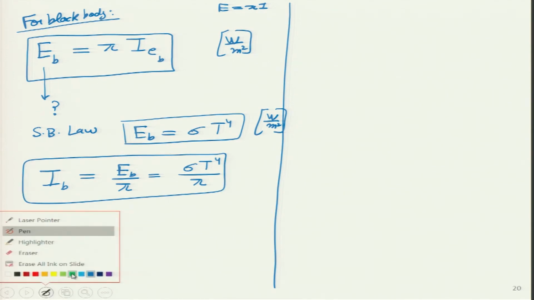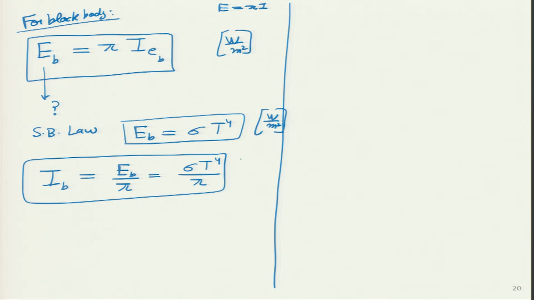Isn't it beautiful? And now I can write the expression for the units as well. What will be the units here? It was emissive power and the denominator is solid angle. So, we will get watts per meter square into steradians over here. And this is a very interesting and important equation. So, let me put 2 green stars over here.